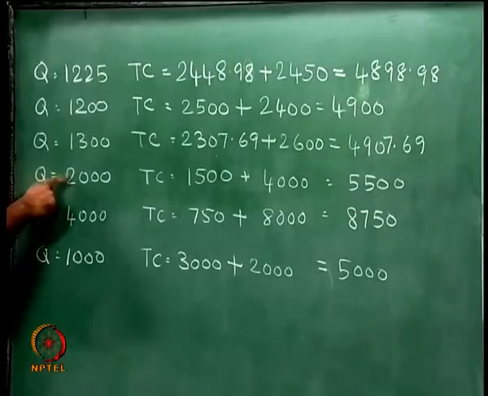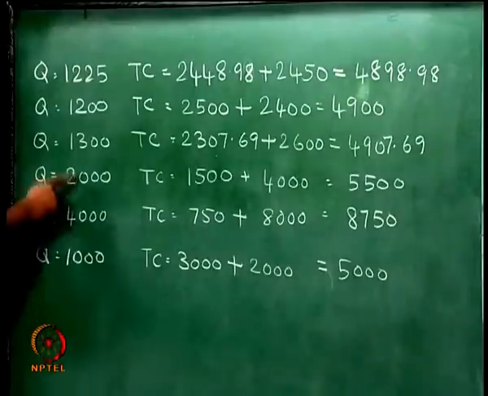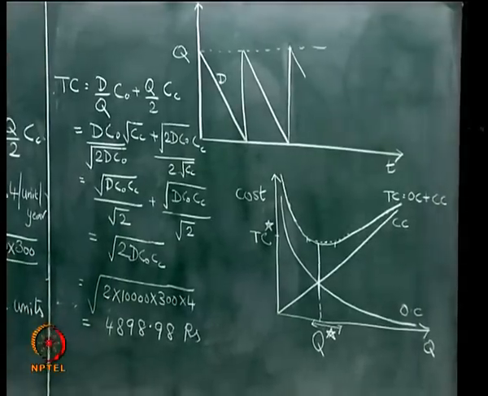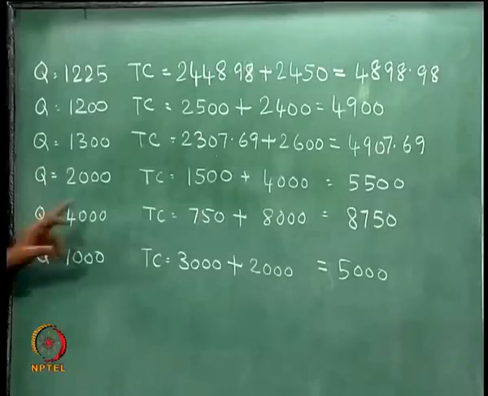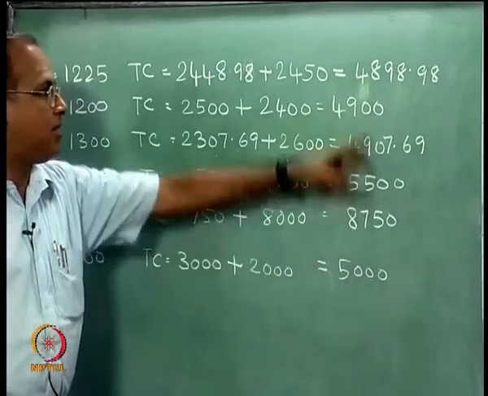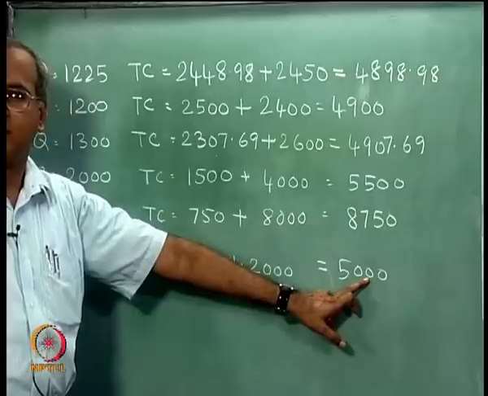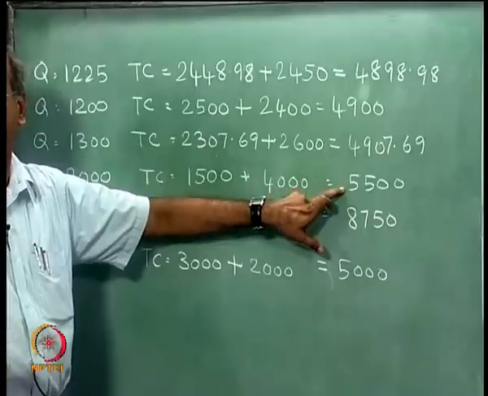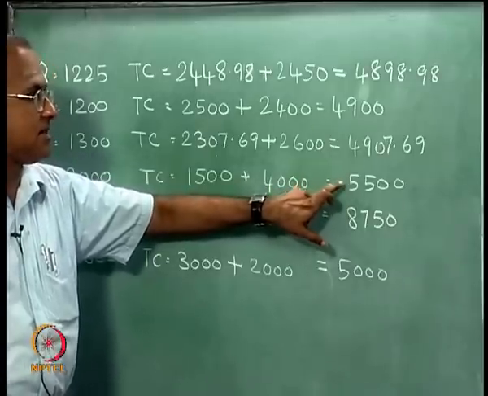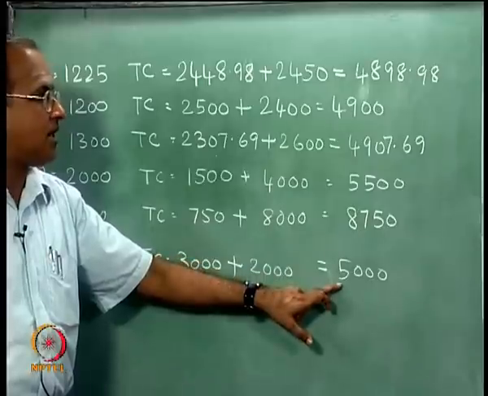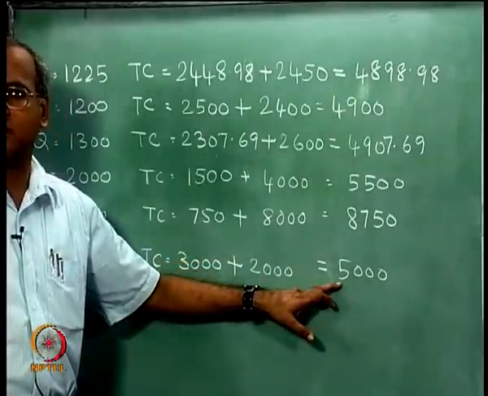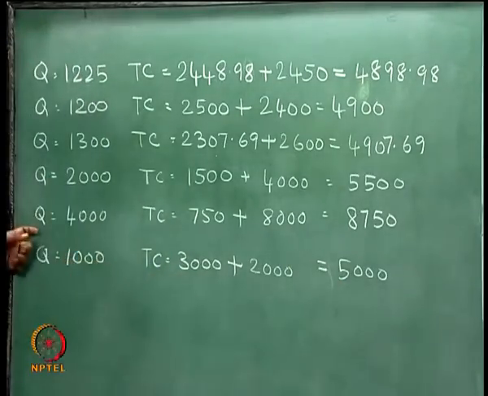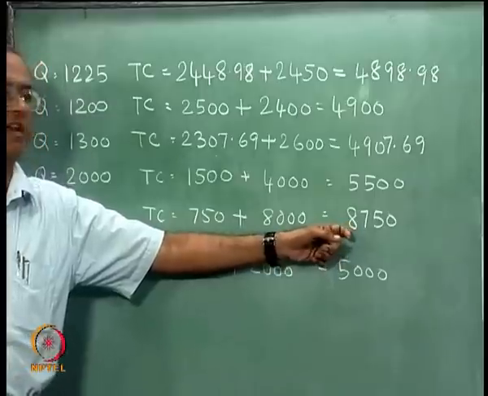For example, even if we go to 1000 and 2000, which are the two nearest thousands, you realize that for 1000 the total cost is 5000, which is about a 100 rupee increase, but for 2000 it shows about a 600 rupee increase, which is a little significant. You are now talking of the order of 10% here. Here you are still not talking of the order of 10%, you are still talking of the order of 2%. And if you really increase it to 4000, this is where you are talking of a very large increase